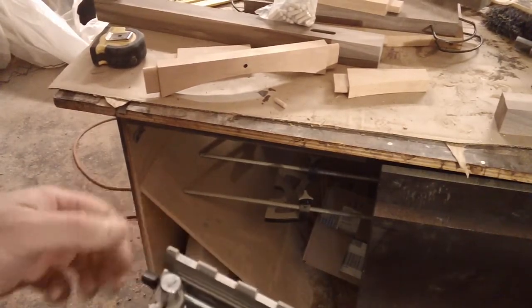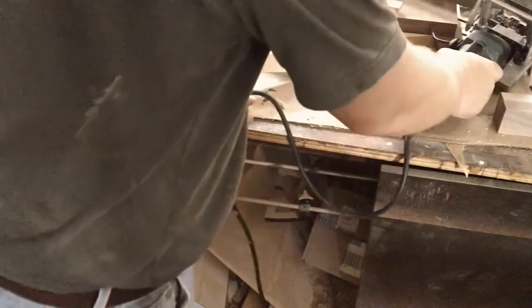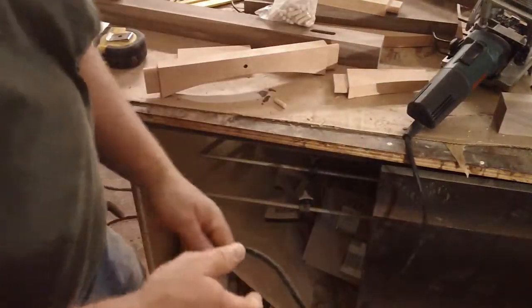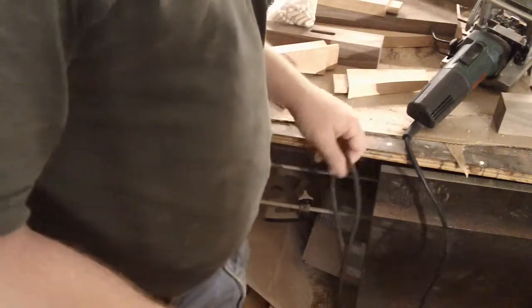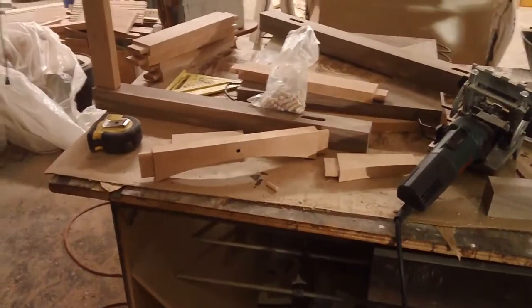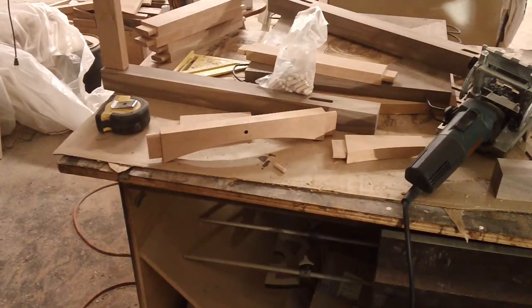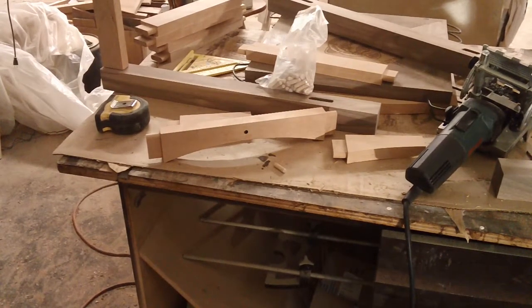This is a handy little machine to have. I have a number of different ways of joining things together. And as I said before, I've kind of gone the pocket screw route, which seems to be the way of the world these days. But pocket screws are great whenever you want something done fast, and if you can hide it. I have done some where the pocket screw has been exposed, and they make